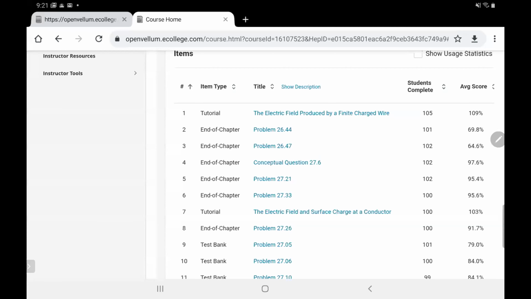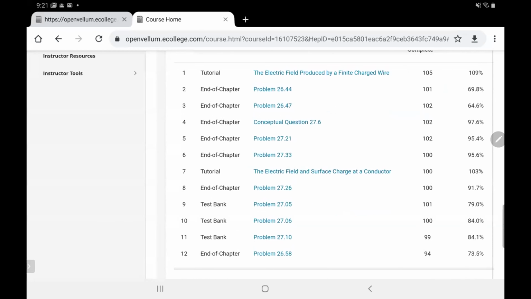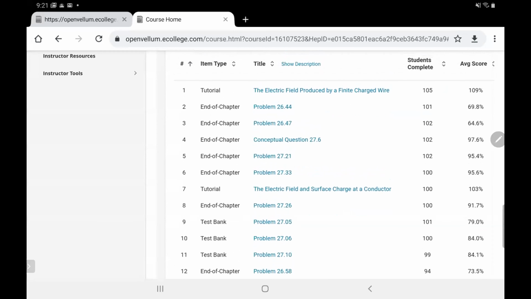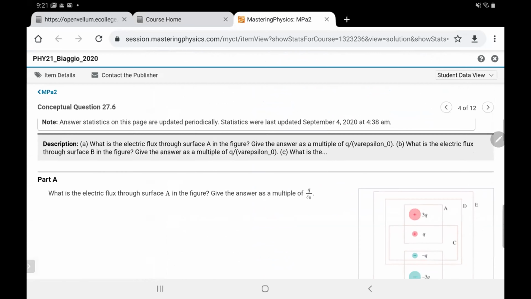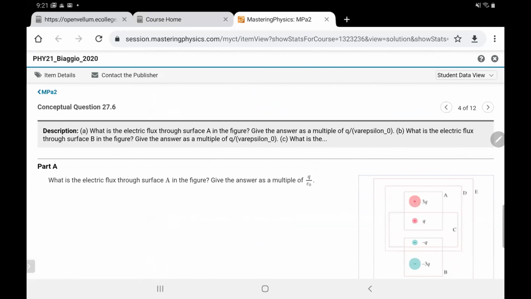So the Mastering Physics due yesterday has many problems about Gauss's law and also many problems about how to calculate the electric field. So I just picked some problems I think are very important to show the solution. And if you have any questions, you can ask me. I'm going to talk about number 4 first, and also answer the question on how to use